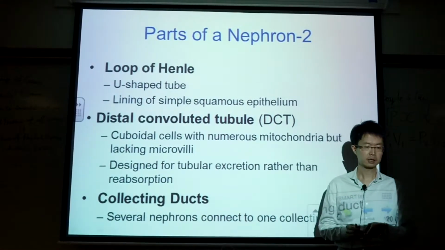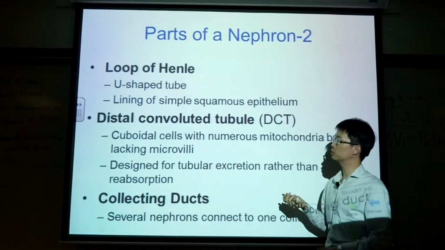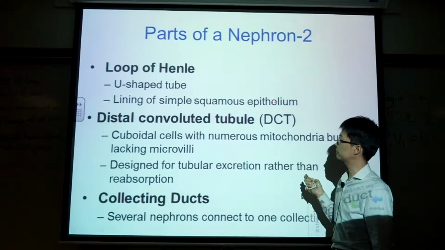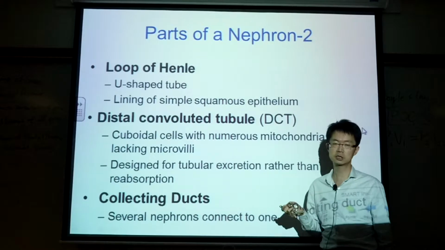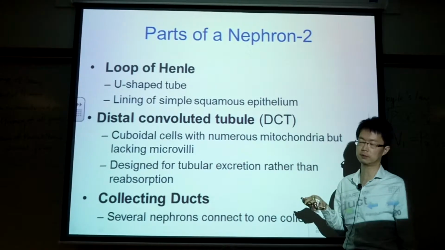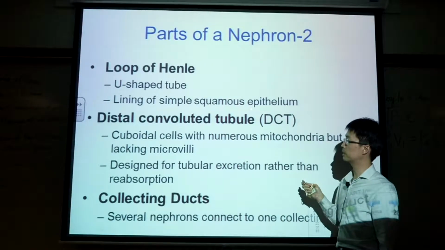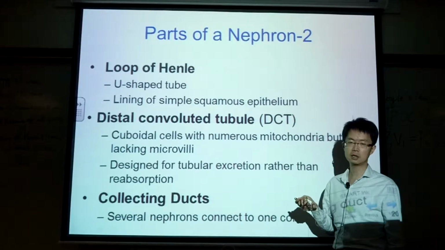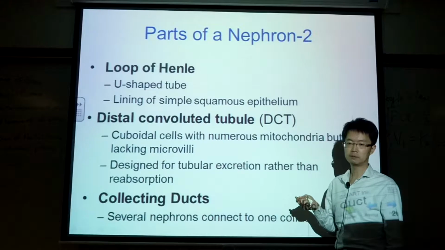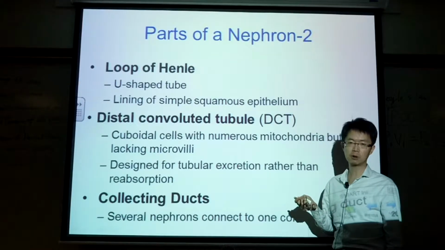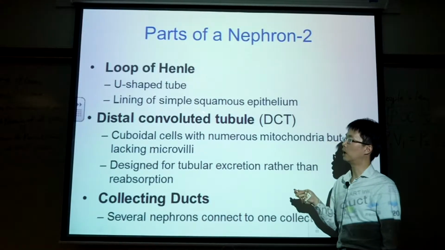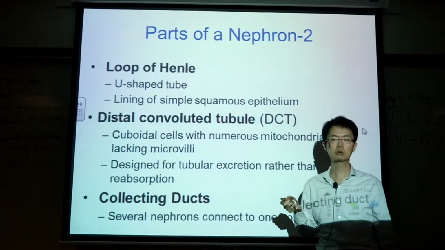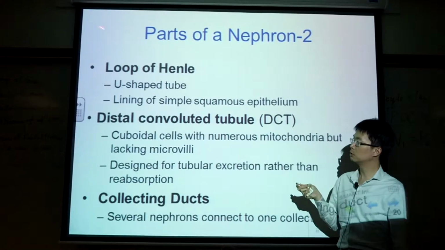So, loop of Henle. The loop of Henle is a U-shaped tube. They have simple squamous epithelium instead of the simple cuboidal epithelium. The simple squamous epithelium makes the cell even thinner, and it facilitates what we call reabsorption of water, meaning that reabsorption of water occurs in here, meaning that the water will go from the loop of Henle, which